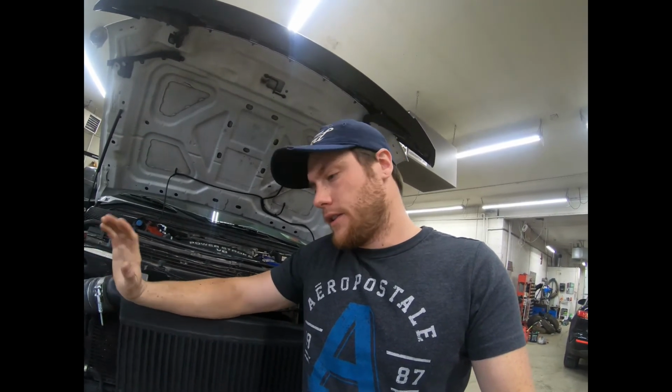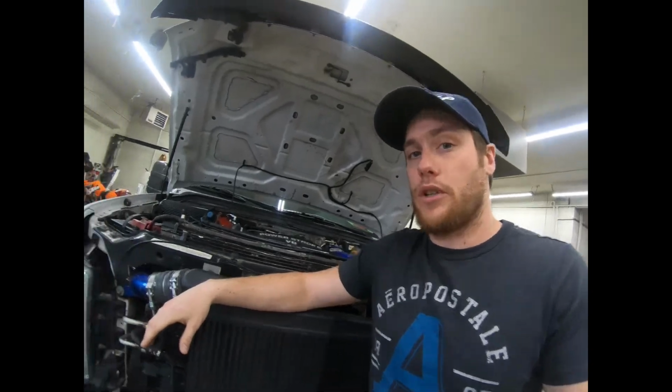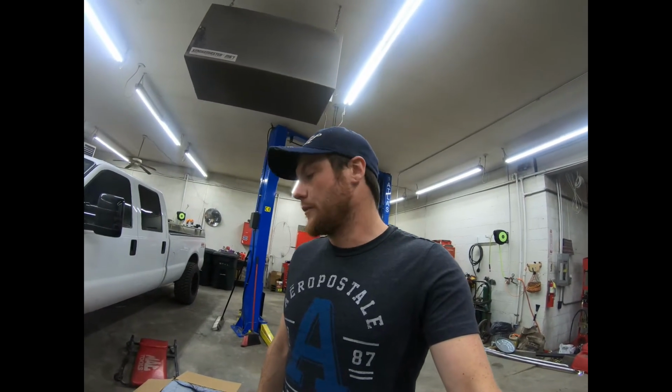I'm still going to drive around the truck, but in the meantime, I'm going to go ahead and get a hold of Cass over at Diesel Doctor and get a new set of cylinder heads coming for this, which are going to be O-ringed and ported out, the whole nine yards. But just for now, I wanted to give everybody an update on what's going on today. All right, so I can tell you right from the get-go,